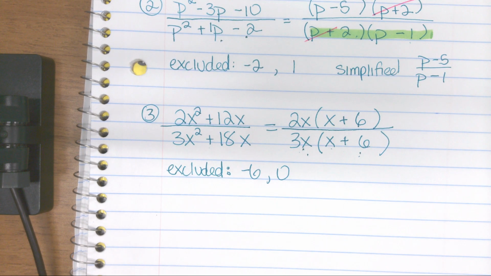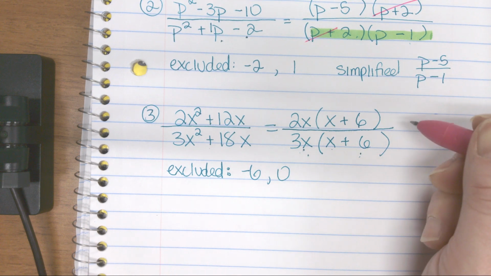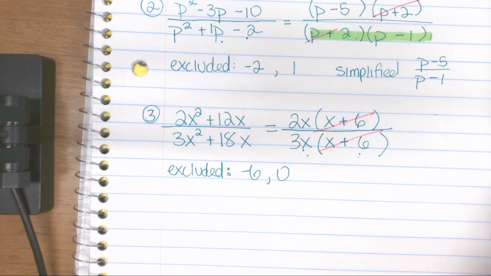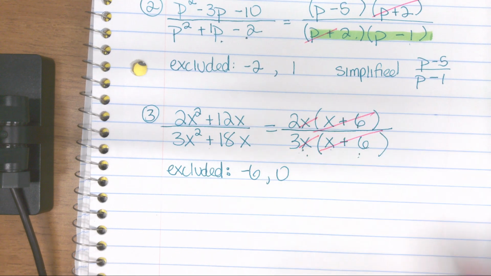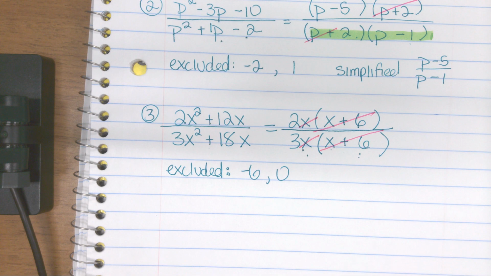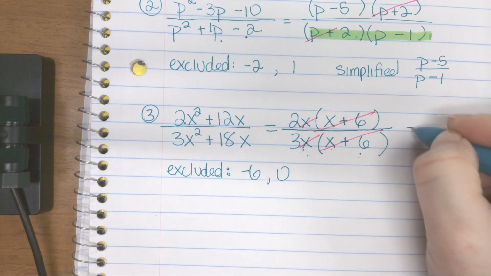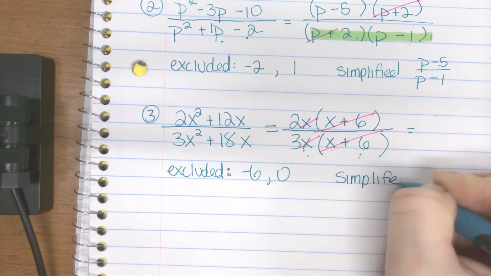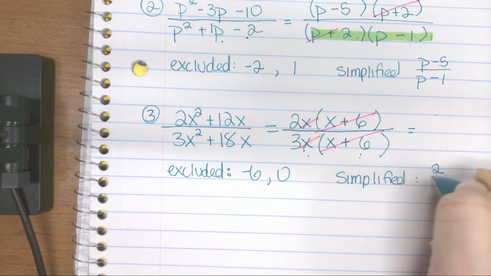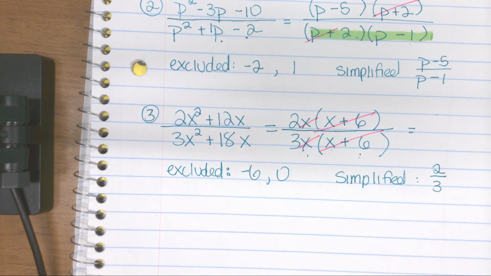All right, what are some things now that cancel so I can simplify? The x plus 6's cancel, and also the x's cancel. So the simplified rational expression to this one, I'll write it down here, would just be 2 over 3. Okay, all right, so that's where we're going to stop today. Then when we